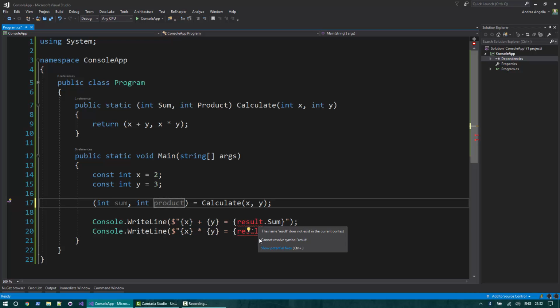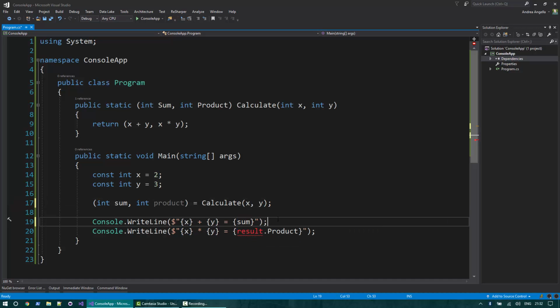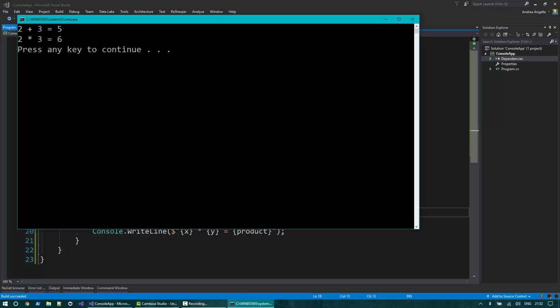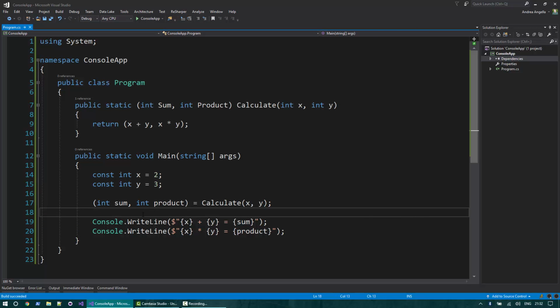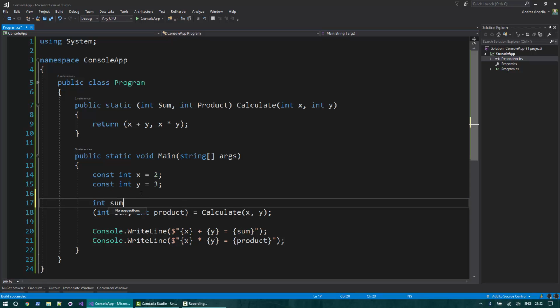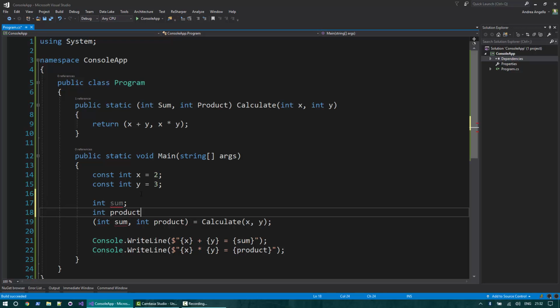So as you can see now, the compiler is not happy anymore, and I can use sum and product directly, because now those are individual variables. So this should still compile, and you can see that the result is the same. Sum and product are actually two independent variables, and I can show that to you by creating those variables independently,